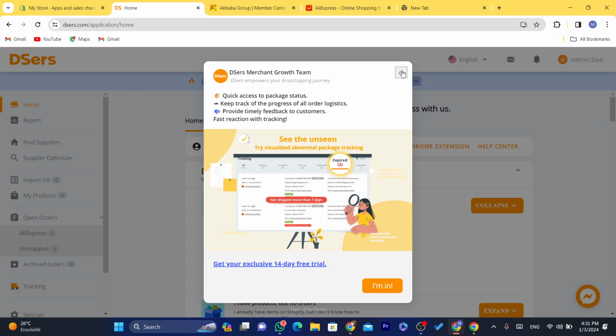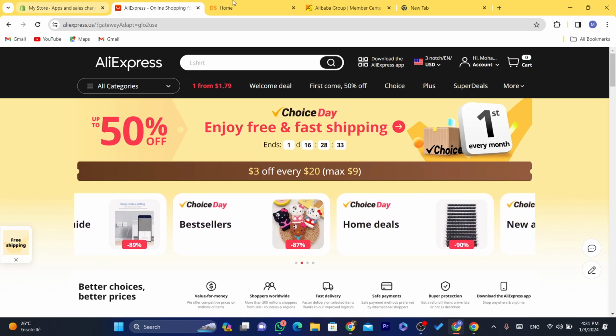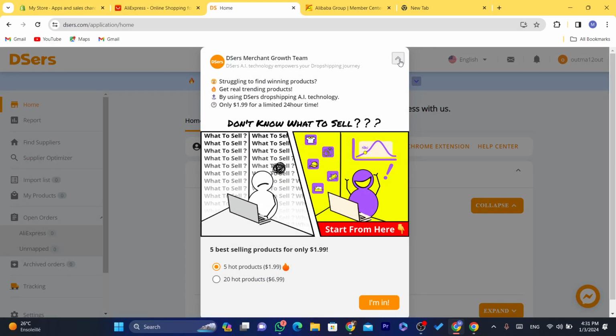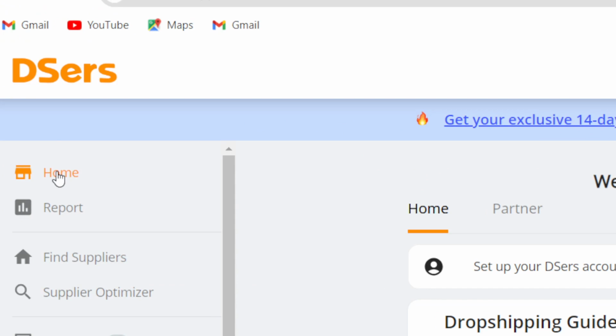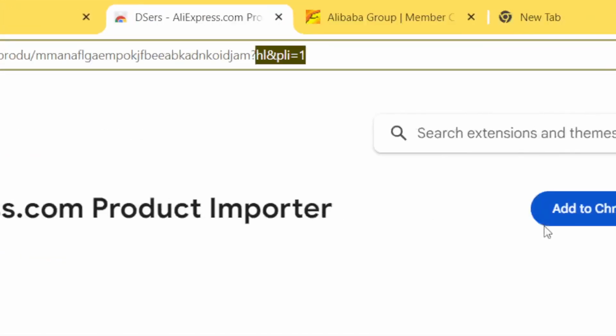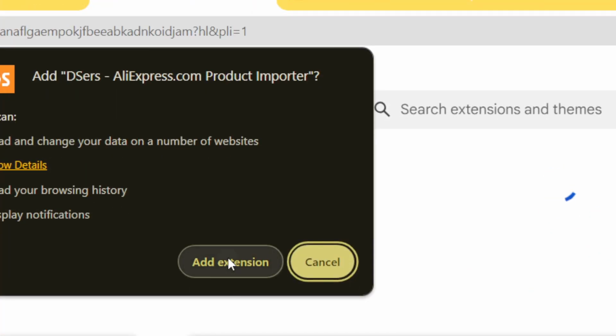Like I said, you will import products from AliExpress to Shopify using DSers. It's like a middleman. Now what you need, guys, is to download an extension. Here you want to click on home in the top left, and click on Chrome extension, and after that, you want to click on add to Chrome, and then click add